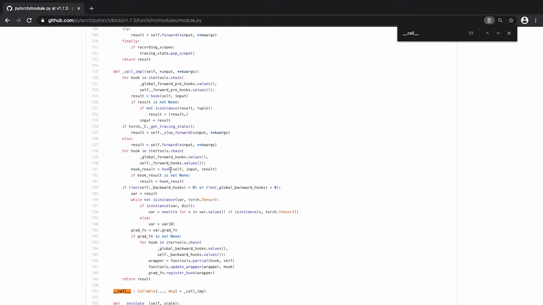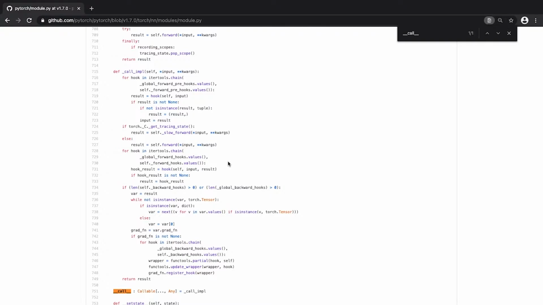So I would imagine that you probably have already many ideas how you could use this, because this hook framework is really powerful. But what I want to talk about in this video is how we can use it to visualize activations. But before I do so, let me just point out two other applications that I've seen before.